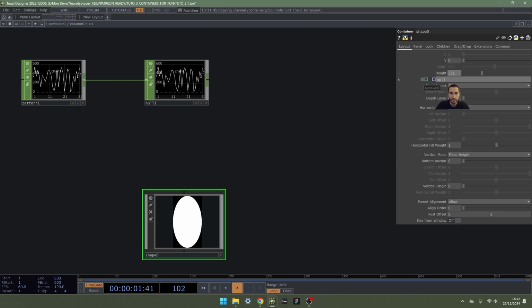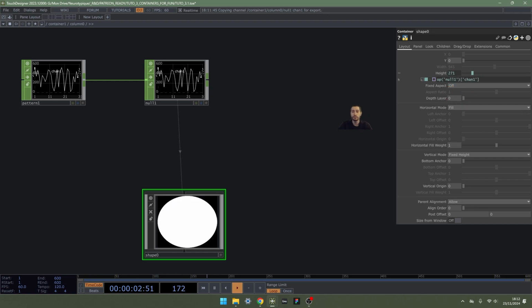So op, parenthesis, single quotes, null1. So, okay, our value is in null1. In null1, the typical way when we drag and drop, the typical way it's displayed is chan1. So this is going to be the same cyclical way. But we can actually be more precise with this.